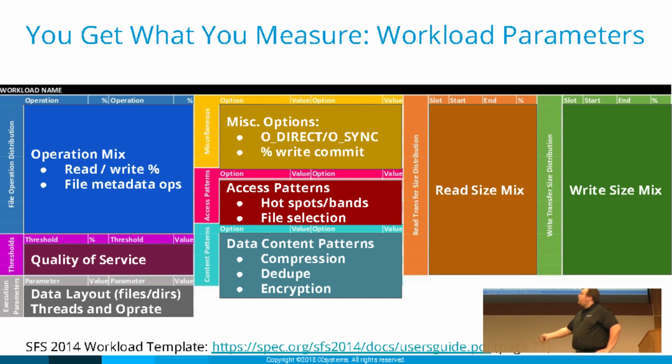So first, probably the most obvious one is your operation mix. So what percentage of reads versus writes do you have? What percentage of various different file metadata ops are you doing? Things like get attrs or access calls, all your favorite metadata ops. So what percentage of those? The nice thing with NetMist is you can mix your reads, your writes, and your stats. Sorry, I said get attrs, it's really stat.